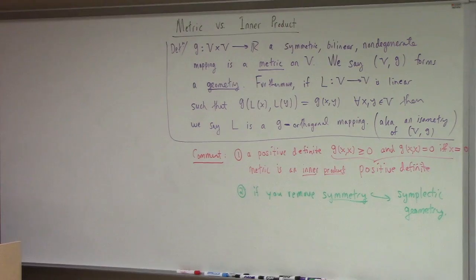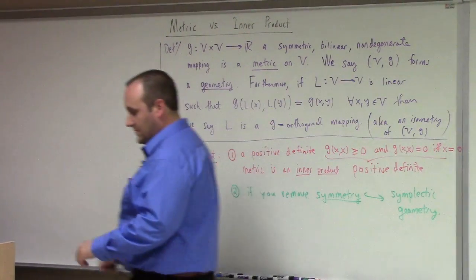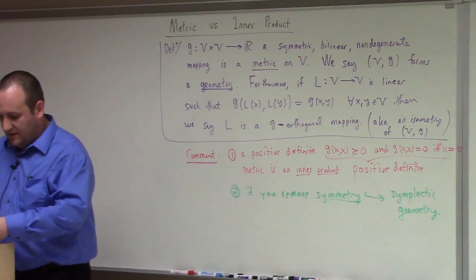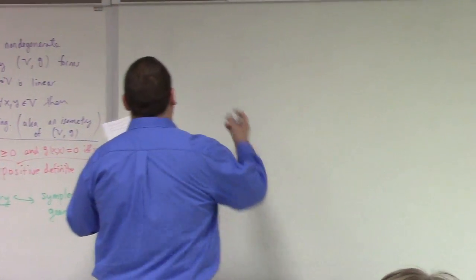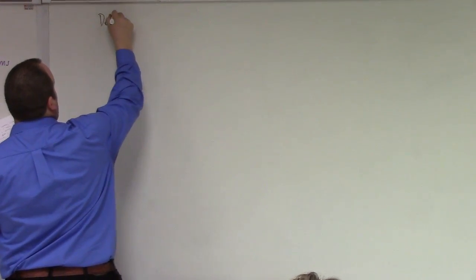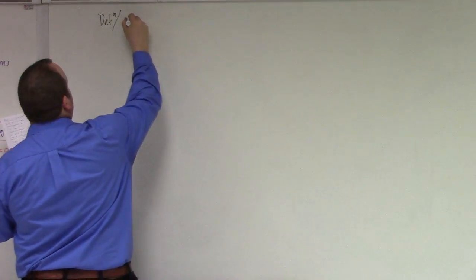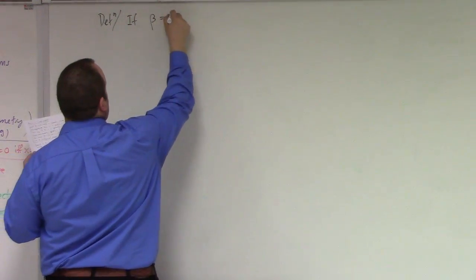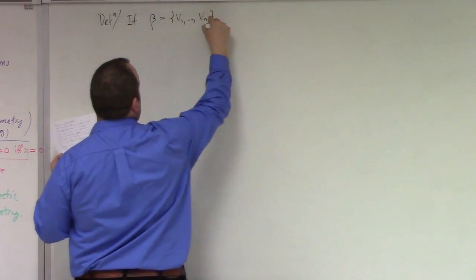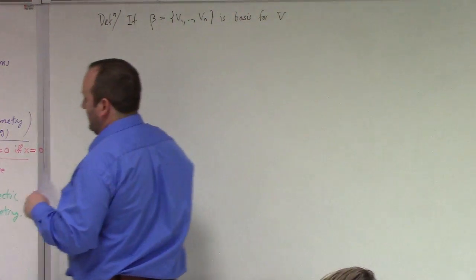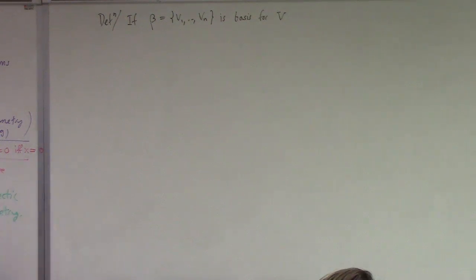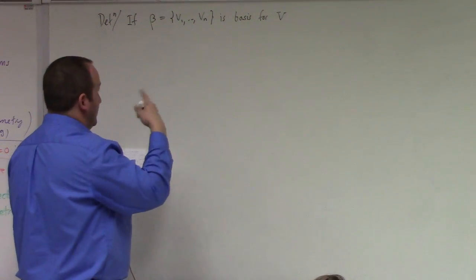Now, the main theorem that I was muddling last time, I think parts of it I did carefully, parts of it not so much. First of all, I need to free myself from some of the notation that we were burdened with last time. So definition, sorry, this is a little bit in reruns. If beta, v1 through vn, is a basis for V. By the way, everywhere today, V is a finite dimensional vector space over the reals, all right? Keeping it real, keeping it finite dimensional. So if that's a basis for V,